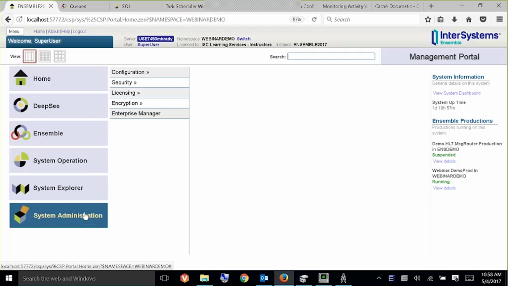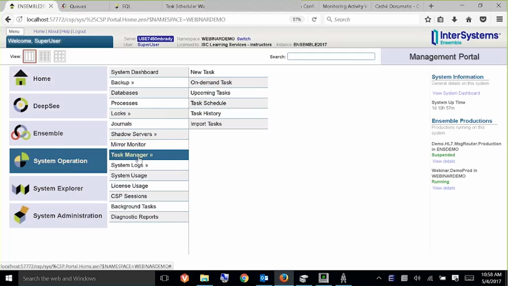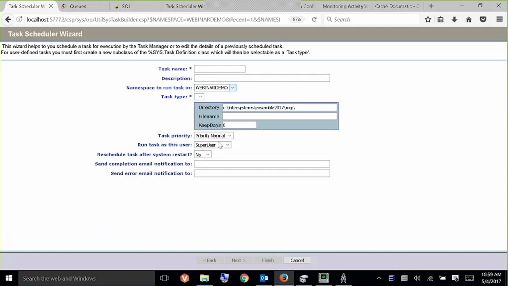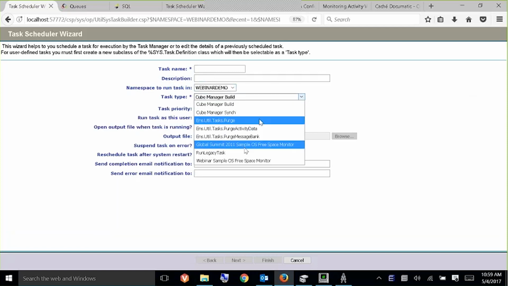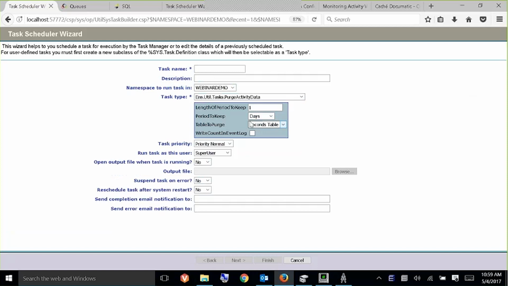So what you must do is come into System Operation, Task Manager, New Task, and create a task to purge those tables, okay? You have to do this. So the idea is that in Webinar Demo, we want to run the purge activity data task, okay? And I'll call this purge activity